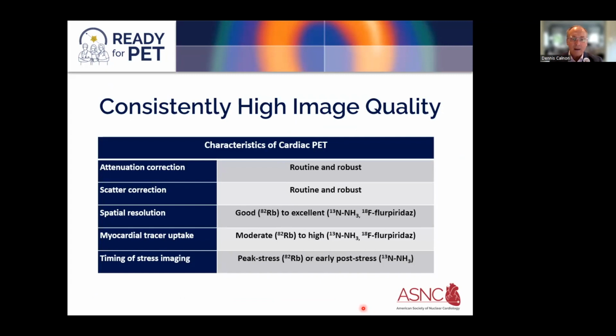It's easy to understand why the diagnostic accuracy is high when you start thinking about some of the characteristics of cardiac PET. First of all, attenuation correction is performed routinely and is very robust with PET. Similarly, scatter correction is performed routinely and is robust. Spatial resolution is very good for rubidium, as we'll see some examples of images, and is really excellent with N13 ammonia and F18 flurpiridaz because of the positron range being much shorter. Myocardial tracer uptake is good with rubidium and excellent with N13 ammonia and flurpiridaz,